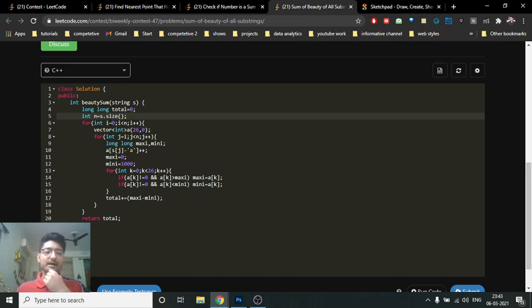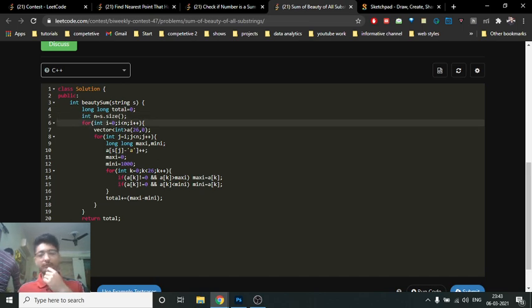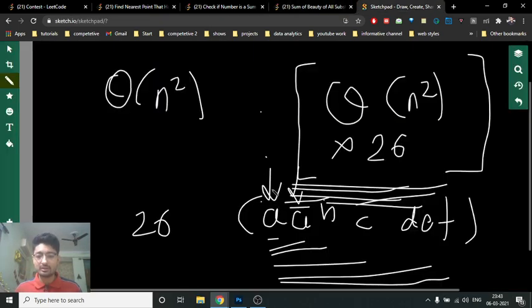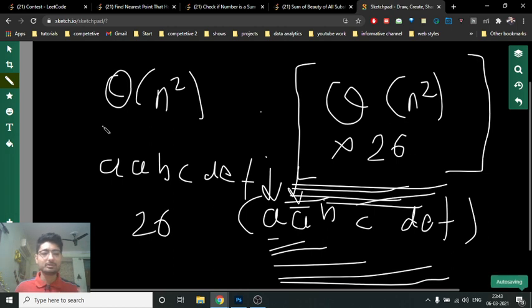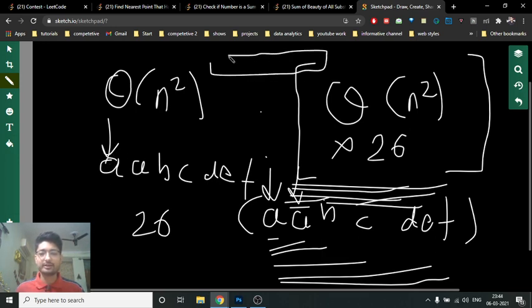We just make my i equal to 0, and then for every substring, we'll make a frequency map to store the frequencies. Starting from this, when we have fixed my left point, we'll make a frequency map of 26.